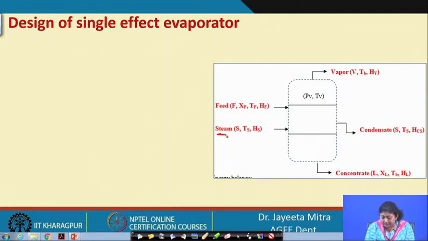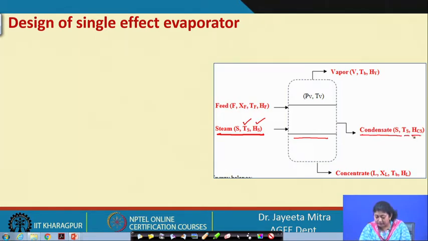In that, steam is entering at temperature Ts and having the enthalpy Hs. And this steam will condense inside the evaporator, and the condensate comes out at a temperature Ts